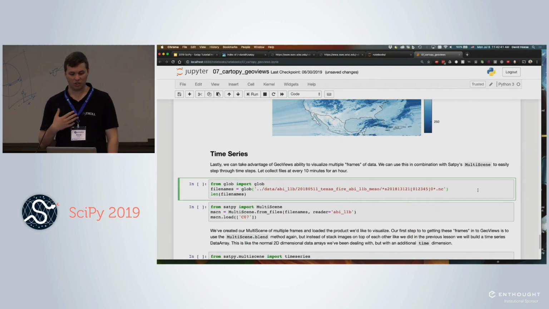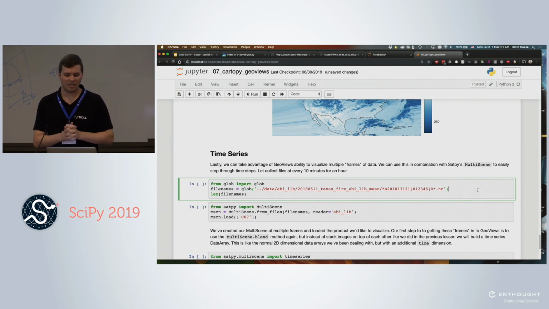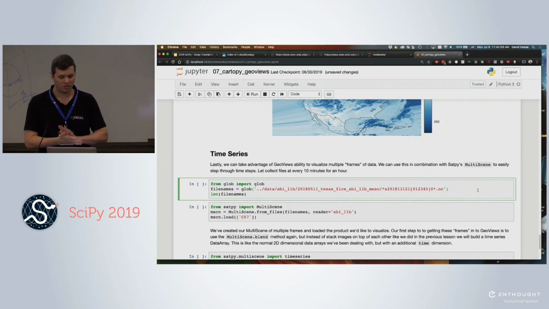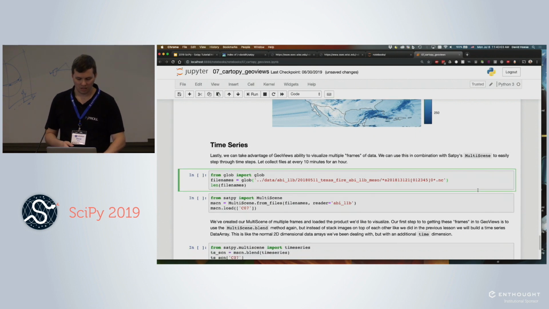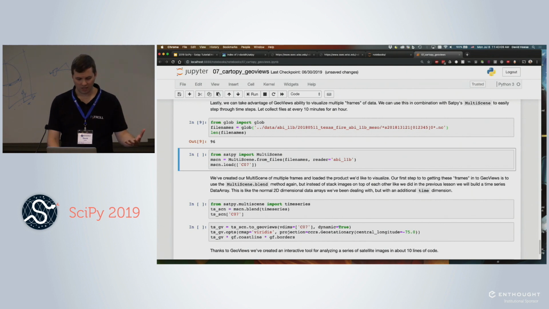This next section shows some of that, and this is something one of our users came and said, I would like to look at my data in GeoViews. What do I need to do? And I said, I don't know. And they said, okay, I'll figure it out. And so they came up with this interface that takes advantage of GeoView's ability to give you sliders or tools on your plots. So if we run through these cells, we're going to start by loading the meso data again,